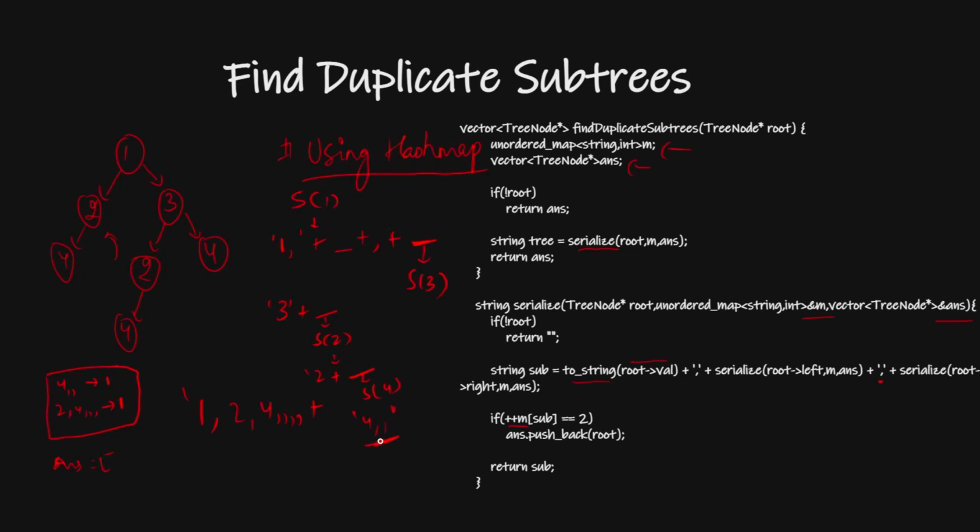If I increase its count, it becomes 2. So now I got this string twice. What does it mean? Here I got this string and this string. These substrings are repeated. So I will return this root. Its root is 4, so I will store its root here. After getting this, it will simply return my 4 double comma.